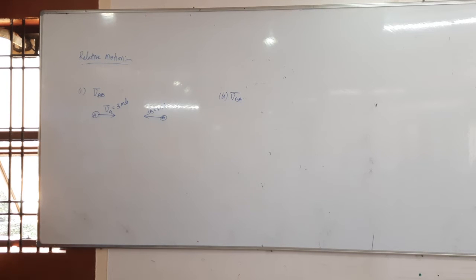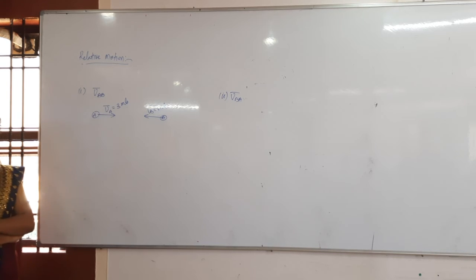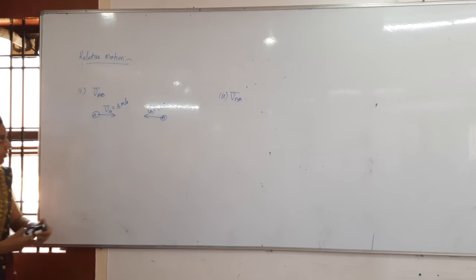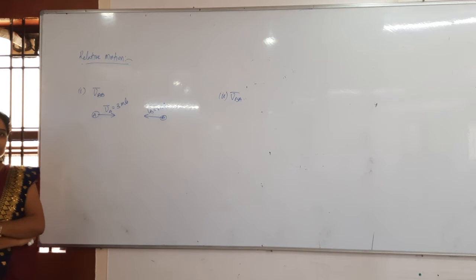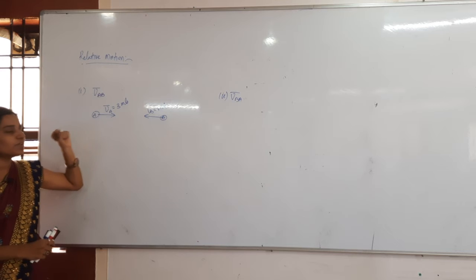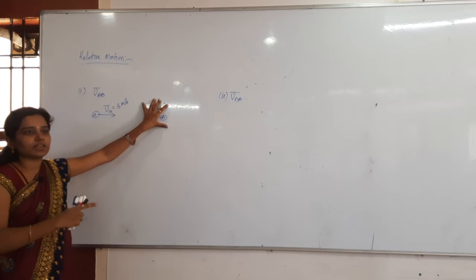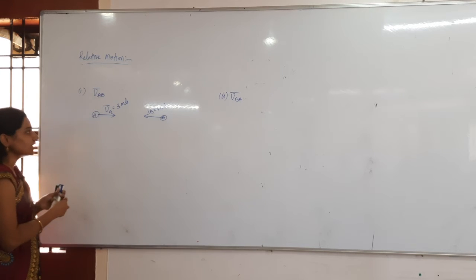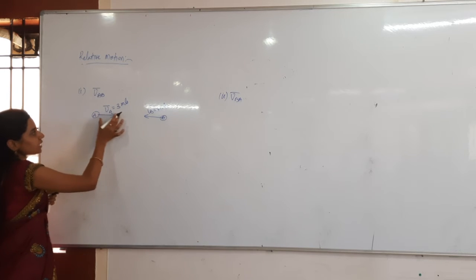VAB is along the positive x-axis. How does it come? Velocity of A with respect to B. How can you say this is along the positive x-axis? You might say B is more than A, so it will be in this direction. But you have to think mainly about who is observing here. B is observing. A is moving in which direction? Along the positive x-axis, so the relative velocity will be along the positive x-axis. I will tell the stopping method also, which will be easier than this. Here VB is there, here VA is there.